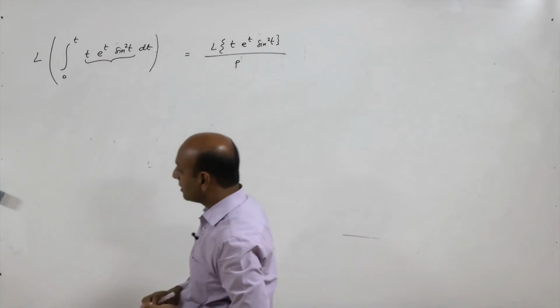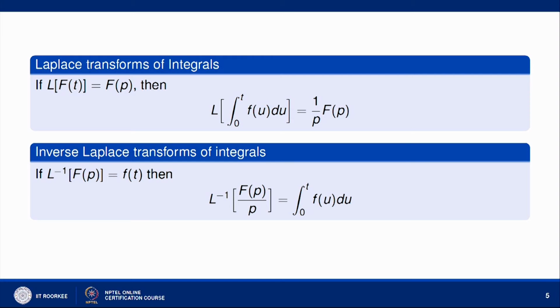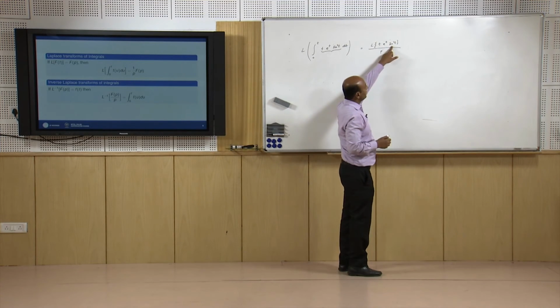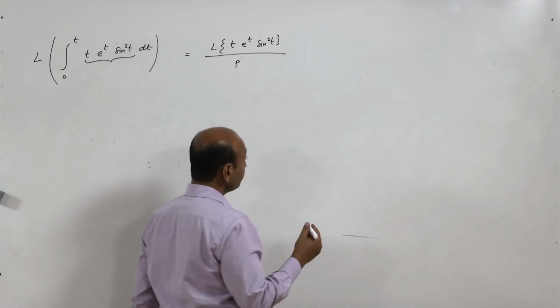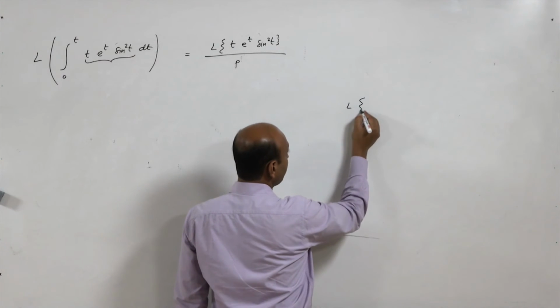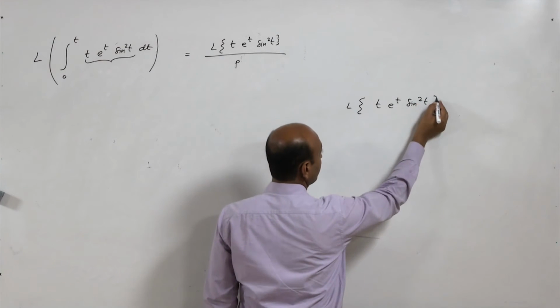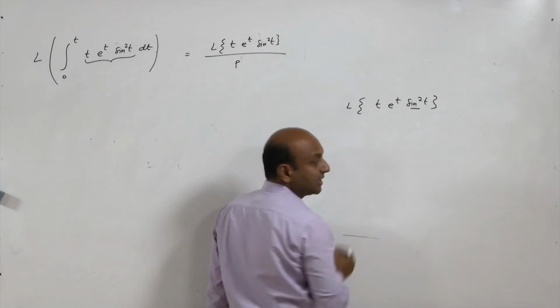So, by using this property, Laplace of f t will be here divided by p. This is why we have p here, and this Laplace we can easily find out, because Laplace of t e to the power t sin square t. First find Laplace of t sin square t,